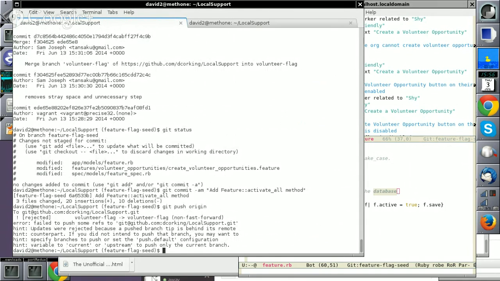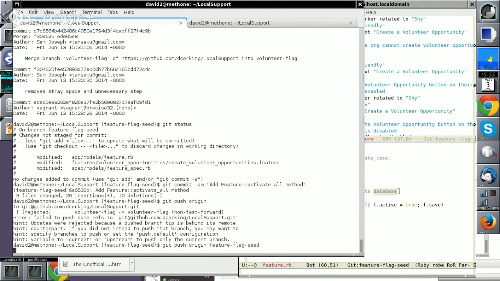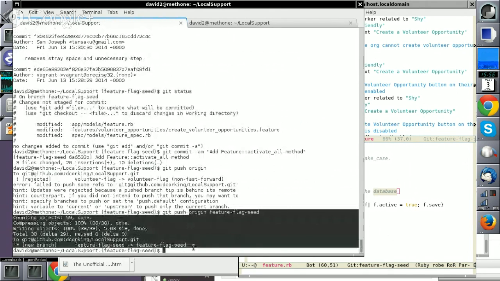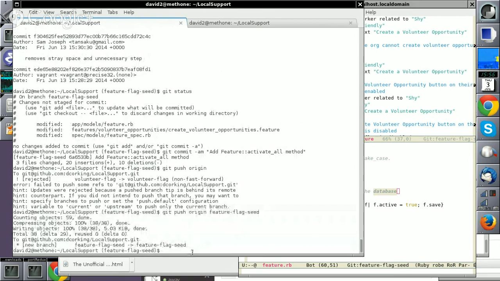Oh, I see what I've done. No, I don't see what I've done. This says I'm on the feature flag C. Oh, okay, that's all right. I just do git push origin and put this branch. Yeah, that other branch has gone a bit screwy, but this branch is okay. So that's fine. That branch is called feature flag seed,